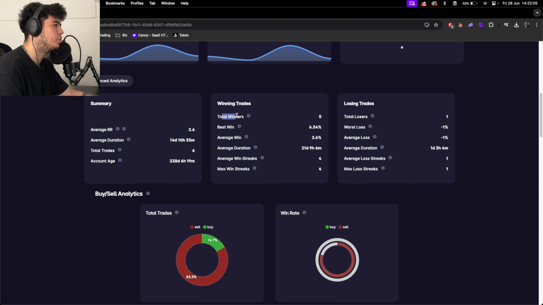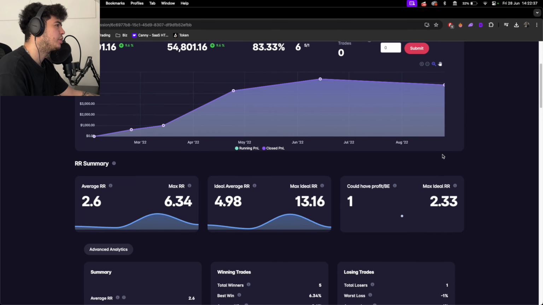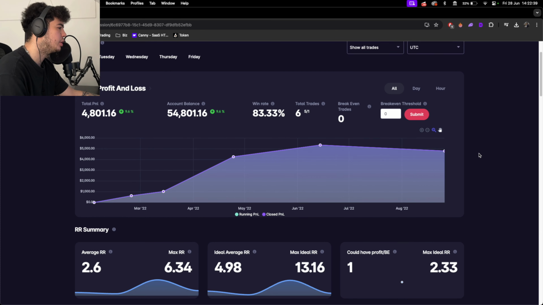Actually, interesting. Total winners 5. Best win was 6.3%. This 6% trade that Gemini gave us was huge. That really helped the account. Our losses were stuck to 1%, which was nice. Of course, that was from me though, not from the AIs. Only 1 loss, which again, is just because Gemini doesn't seem to understand the levels that I'm trying to provide it, or the charts that I provide it. So again, if you want to try and recreate this, stick to ChatGPT. But to be honest, I'm very surprised by how well this worked.